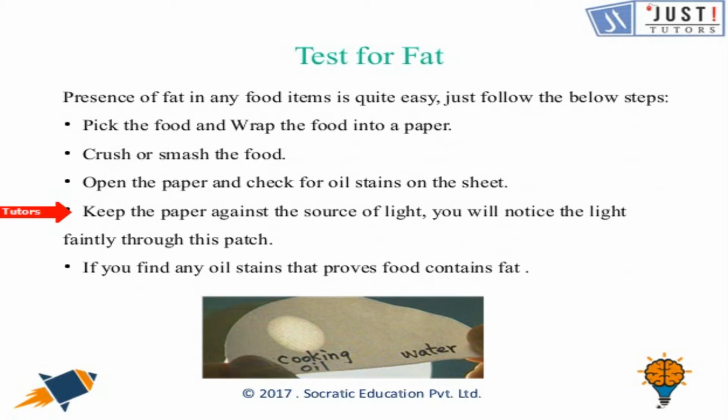Once again, you need to pick the food of your choice and wrap the food in a piece of paper. After that, crush or smash the food. After that, open the paper and check for oil stains on the sheet. Now hold the paper against a source of light. If you notice that the piece of paper has turned from opaque into a translucent object, it means that your food contains fat. You can try the same test on different food objects, and you can make a list of all the food products that